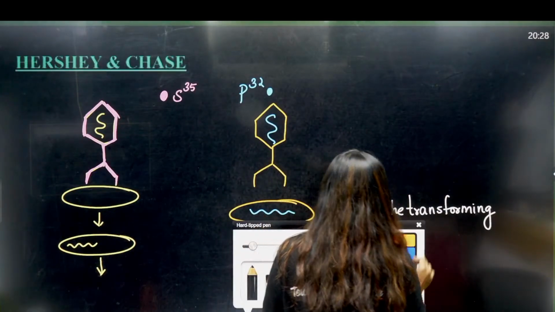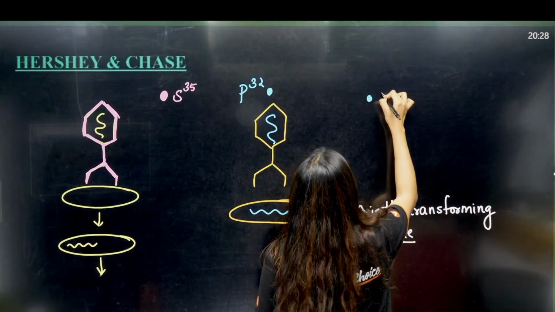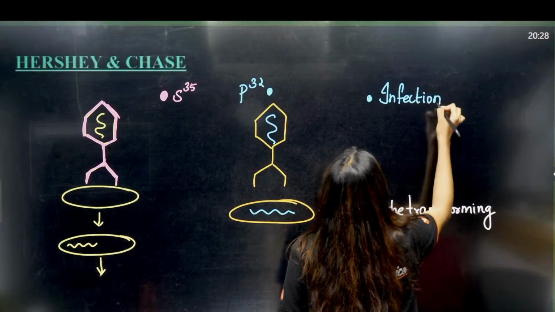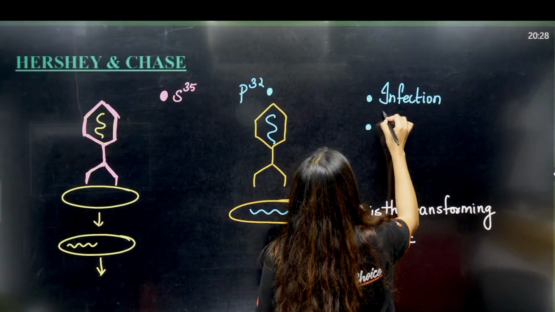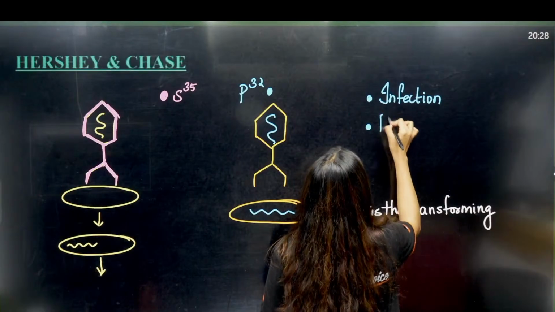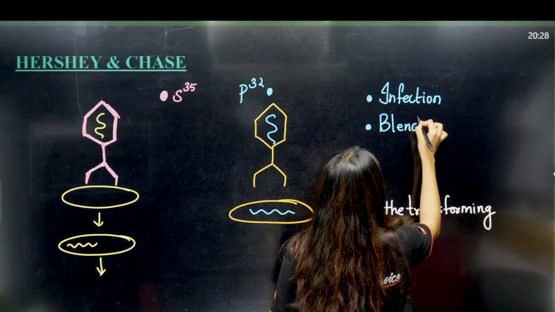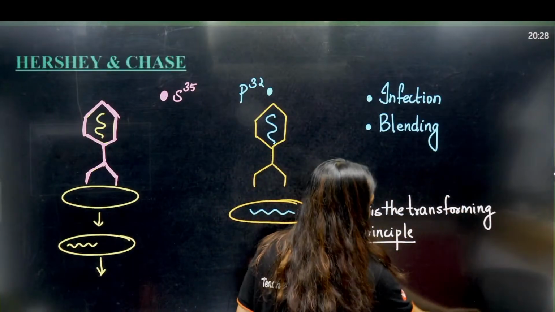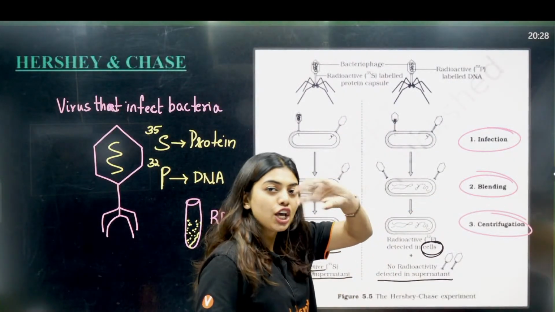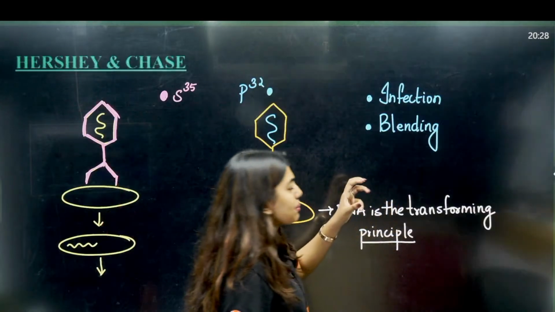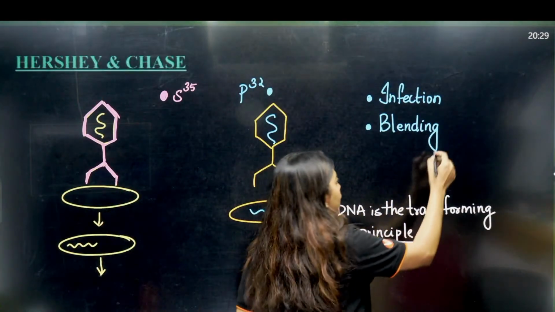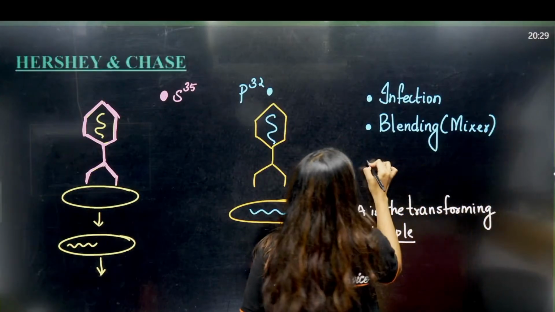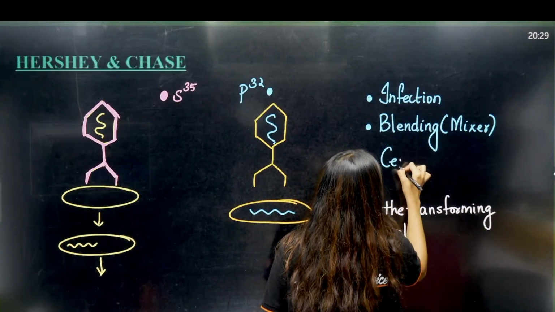So, 3 steps happen in Hershey and Chase. First is infection, where the phage meets the host. Second is blending, where we can use a mixer. Why? When you use a mixer, the protein coat will be removed. And the last process is